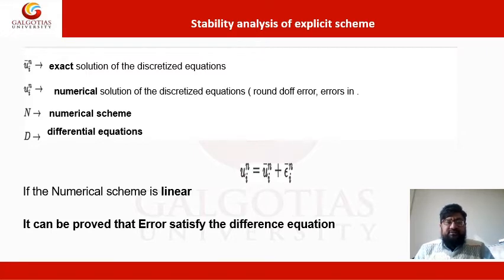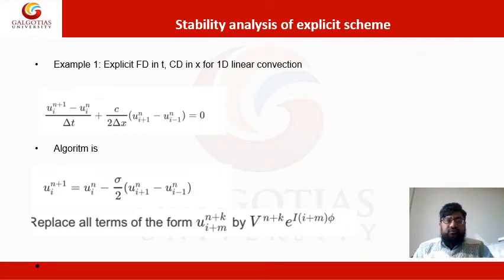This is only valid for linear equations, and we can prove that for linear equations the error terms epsilon_i^n will satisfy the difference equation. So from the previous notes, since the error satisfies the difference equation, we can simply put the error terms in our